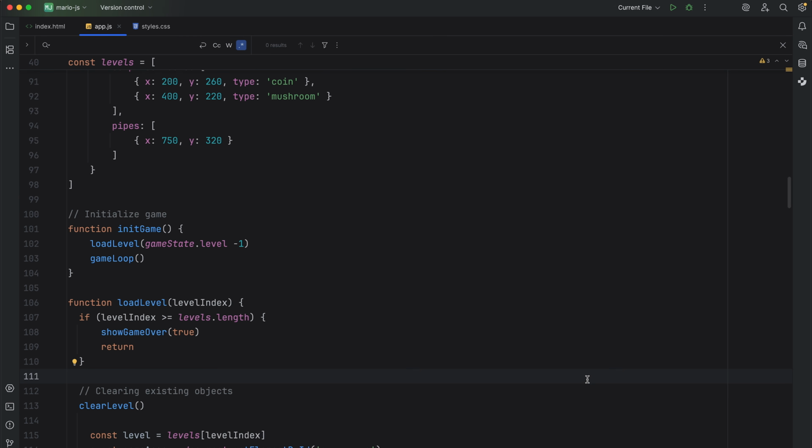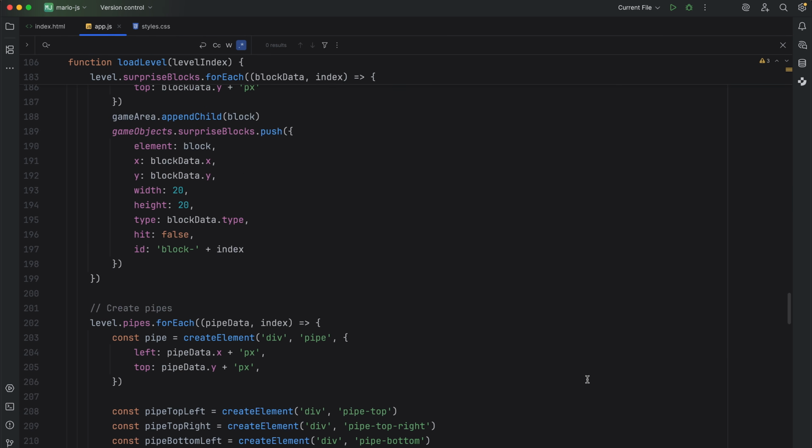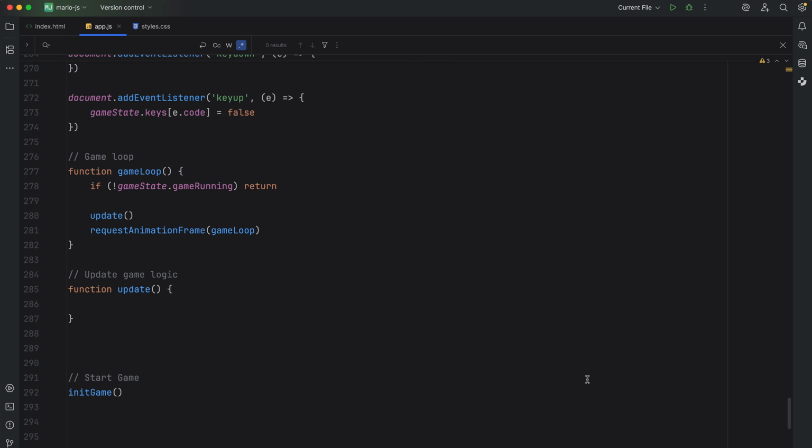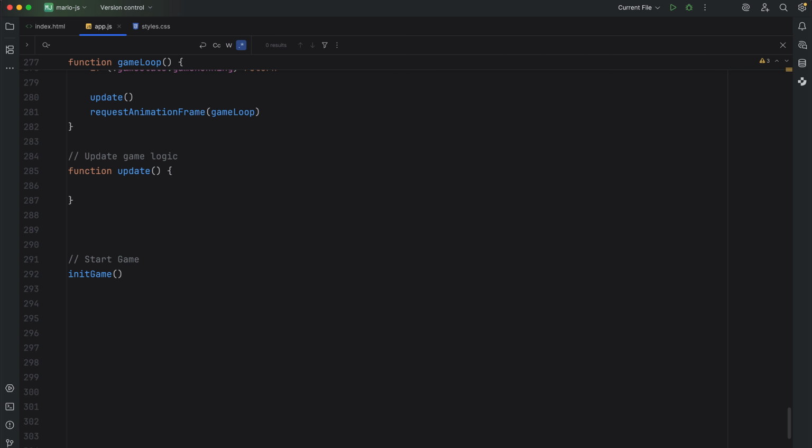Okay, so now let's write some game logic. Let's go all the way down here and once again work on the game logic function. First off, we're going to handle the inputs. We're going to support simultaneous movement and jumping, so we're going to use the game state keys that have been saved. If, and then we're going to look into the game state object that we saved above and look at the keys property. And if the keys property contains arrow left, so us moving left, or key A,